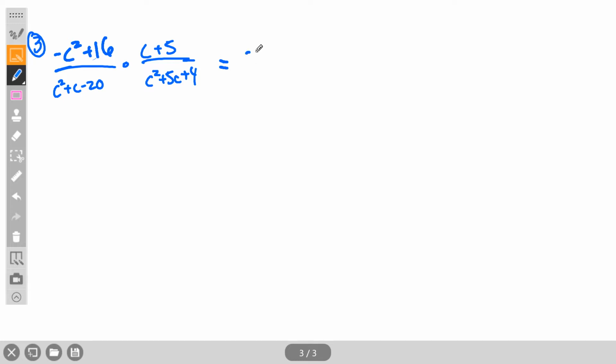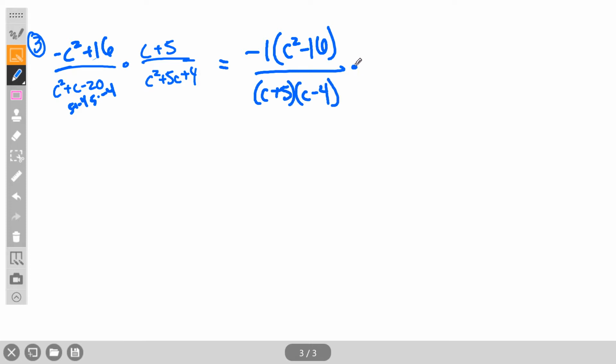Okay, first I need to factor a negative 1 out of that. So c squared minus 16. I can factor this. I think it's 5 and 4. 5 times negative 4, 5 plus negative 4. So that factors into c plus 5, c minus 4, times